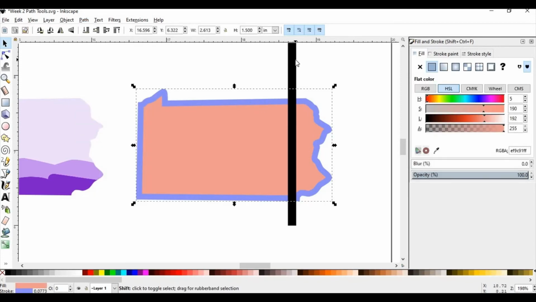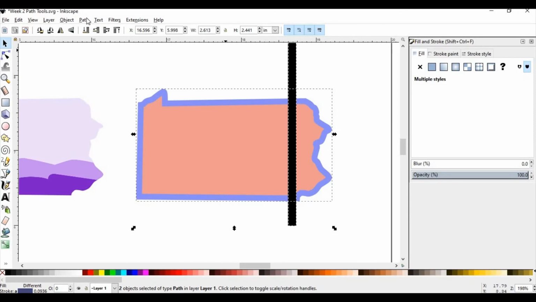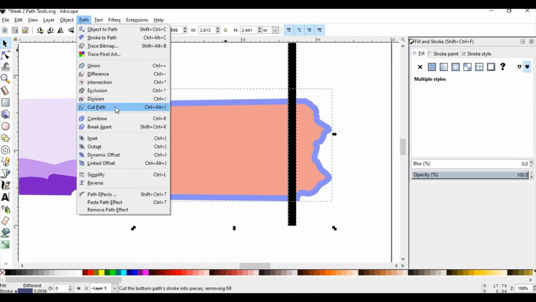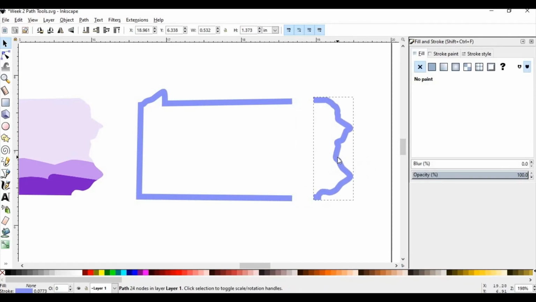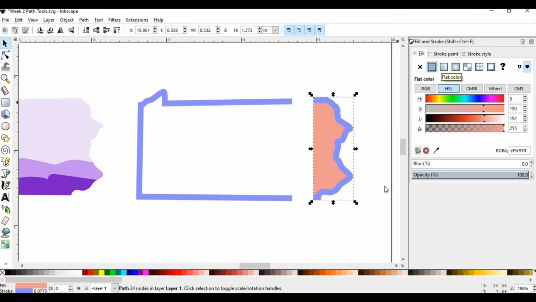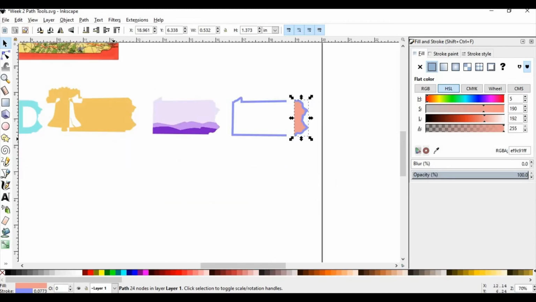So we will select these two objects and go to cut path, and all we've done is actually cut the path in half. Now if I try to give this object a fill, it will go right across here, but you can see, unlike most of our objects that we draw, this one has no line, no stroke on this side. So if you're planning on laser cutting something, this is probably not a tool you want to use, but